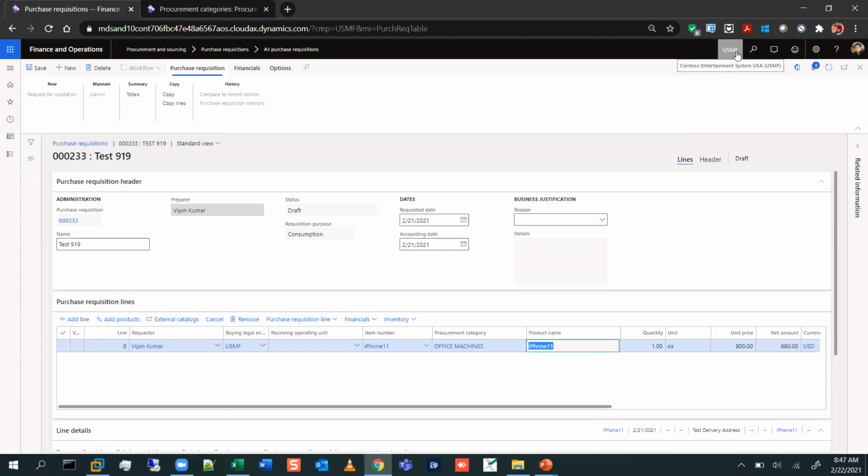Then you have to start by creating a site, a warehouse. First you have to configure your own legal entity in organization, administration, legal entities, and then add your own address. So everything starts from scratch when you have a new system. Not even a single configuration is done. Okay, so